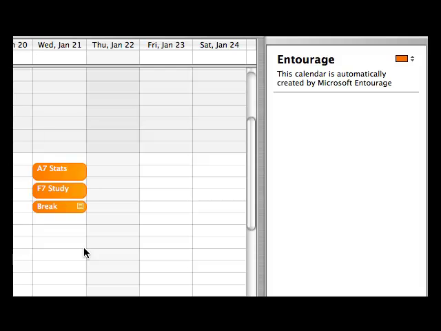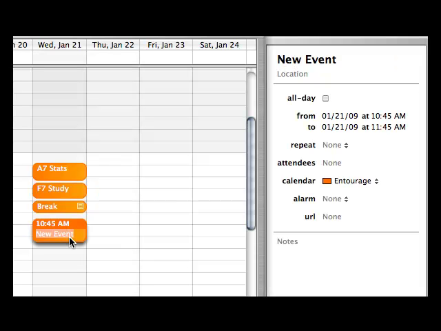So for example, my next period is H7, so I put H7, and that's my 8th grade motion class. And I can even put in parentheses where it is. So let's say it's room 226. Again, I'll go up here and I'll change the time because H7 is actually 10:20